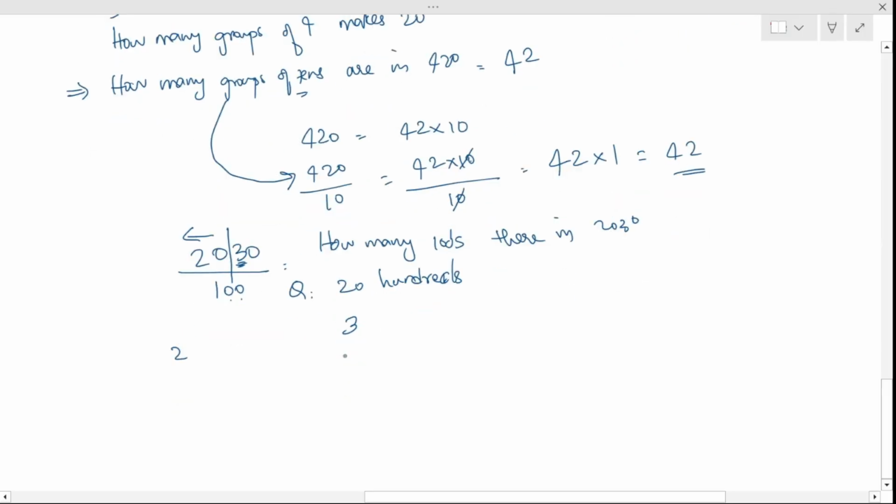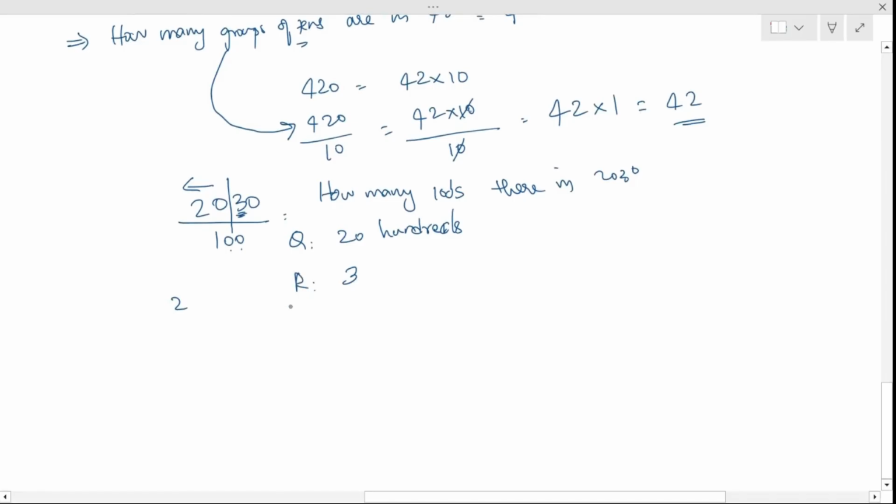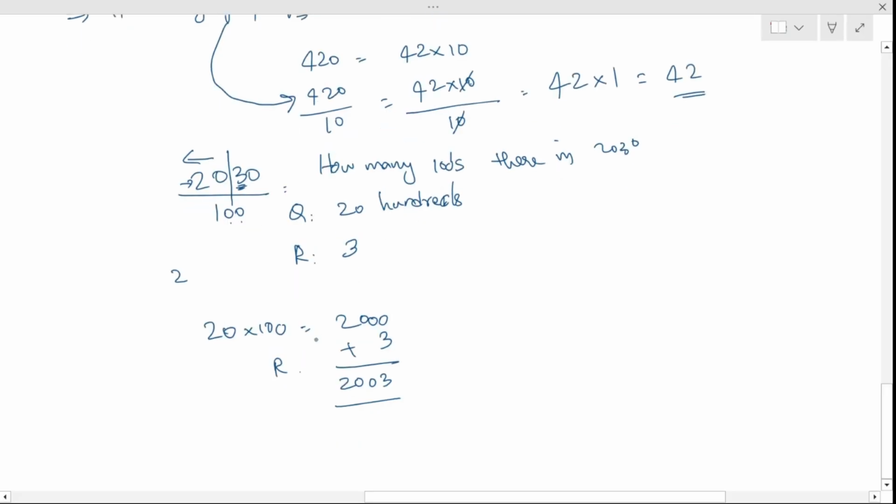And then I asked children, okay, come, let's see how to verify the answers for division problems. So you just need to multiply 20 by 100 and then add the remainder, right? So this is the remainder. Let's do that to check the answer. So 20 hundreds means 2000, and then the remainder should be added, which gives 2003. Is that the number you have here? Oh no, there is some conflict here, right? So then children understood that if I really make 20 hundreds, which is 2000, then I need to subtract it from 2030 to get the remainder, and therefore the remainder is 30 and not 3.